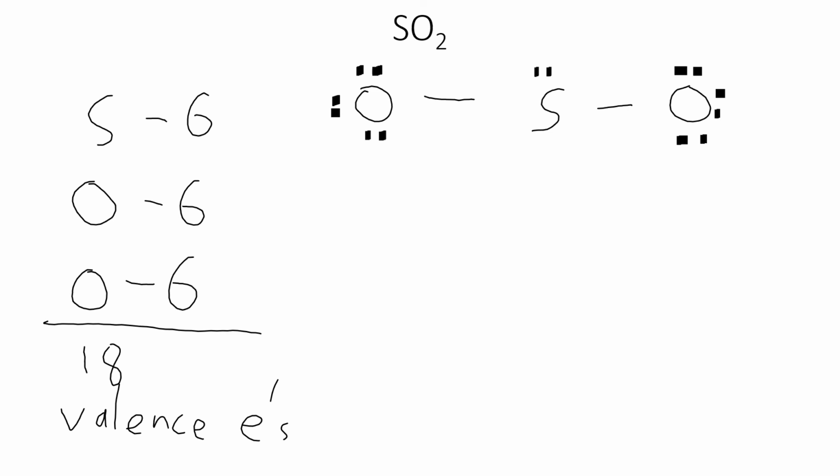the octet rule. And the way you do this is you take from one of the outer atoms, one of the lone pairs, and make another bond with the central atom. So you take one of the lone pairs from one of the outer atoms and make another bond with that central atom. It doesn't matter which outer atom you pick or which lone pair you pick. I'm going to pick the oxygen on the left, and I'm going to pick these lone pairs that I circled in blue. We're going to take these